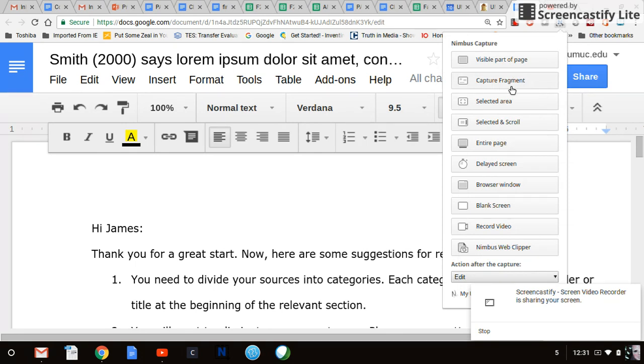You would want to come down, and you have all sorts of possibilities here that you can choose. You can choose visible part of the page, capture fragment, selected area, selected and scroll, entire page. You can delay your screen. You can only use your browser window, the single one. You can have a blank screen and record. You can record video, and then you can have a Nimbus web clipper, which allows you to take web pages